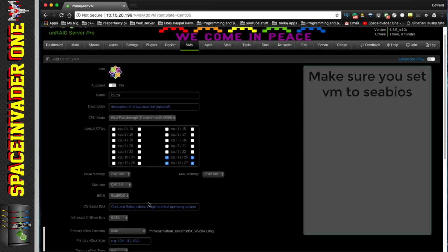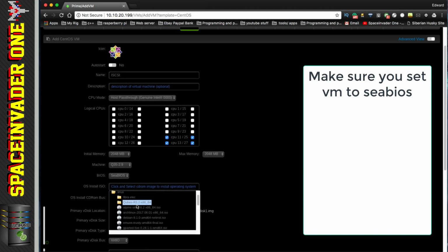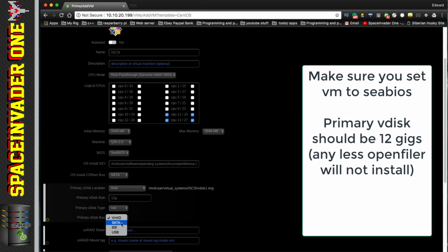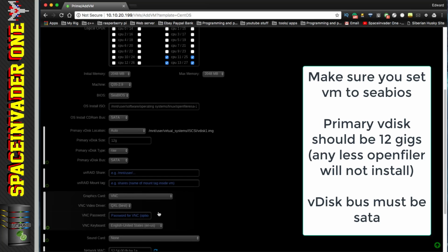And memory, I'm going to use 2 gigs. And very important, make sure you set the BIOS to CBIOS. And then let's choose our install ISO, which we just downloaded and moved across. And now we need to choose the primary vDisk size and make sure that's 12 gig. And the primary vDisk bus must be SATA. And everything else here, just leave it as default,